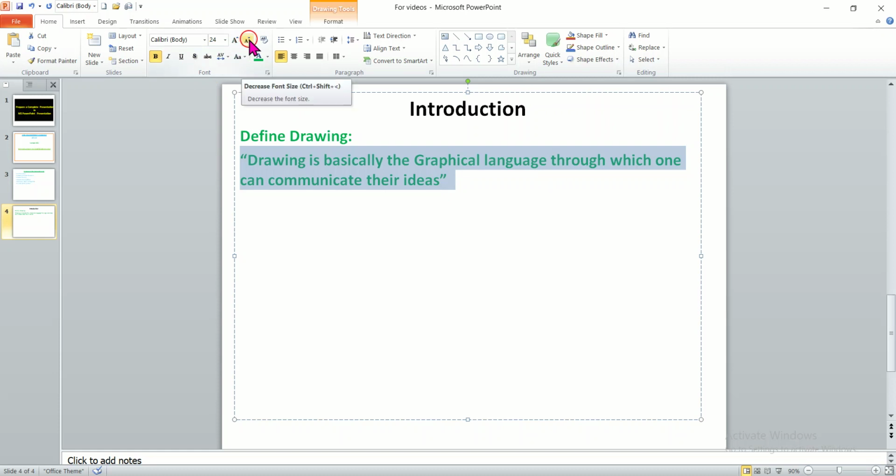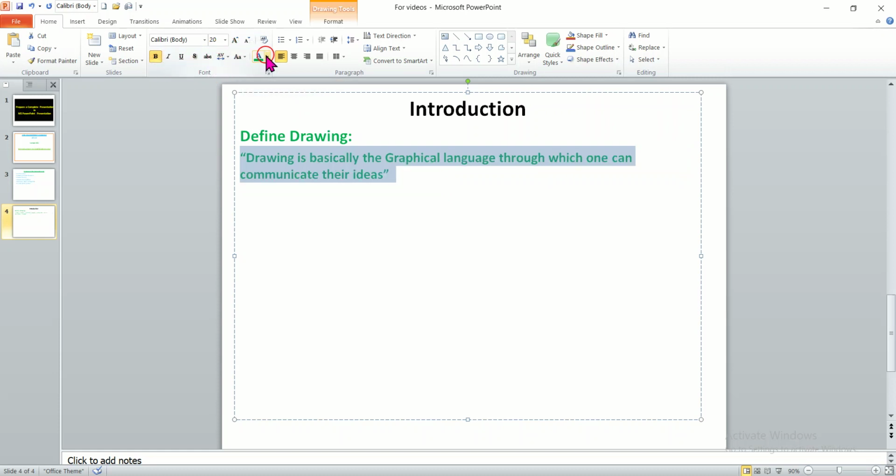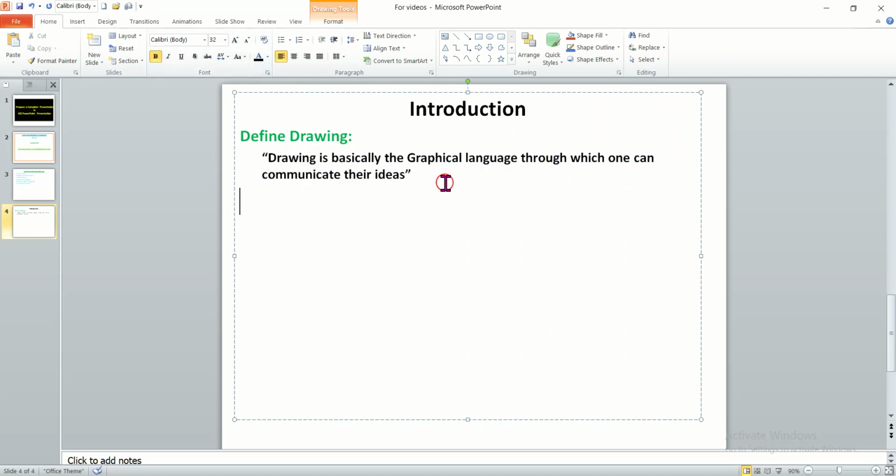We will change the size from the headings, and also we can change the colors. We will move it a little bit to the right side and increase its size a little more. So now here we have defined drawing. Now we will be discussing civil engineering drawing. We have done what is meant by drawing, so now we will discuss what is meant by